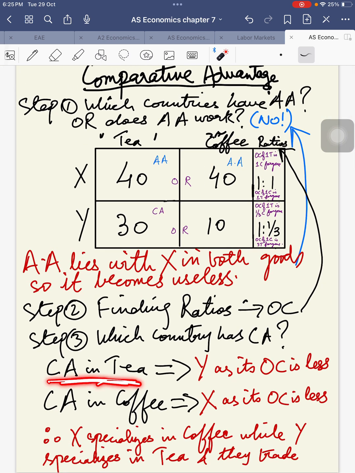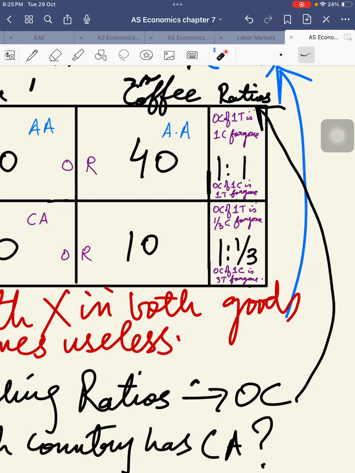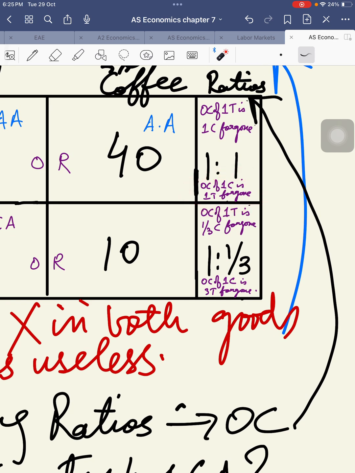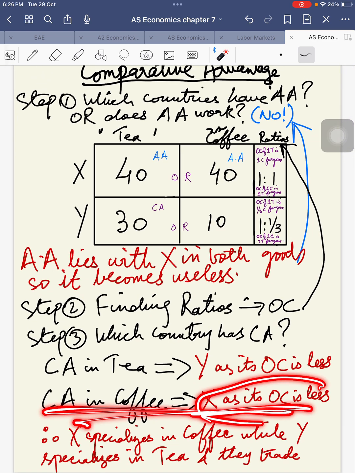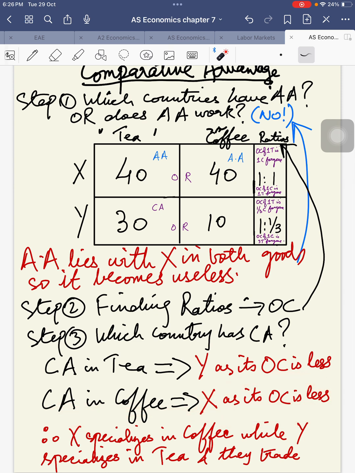So comparative advantage in the production of tea lies with country Y as its opportunity cost is less. What about coffee? We can look at what I've written here. The opportunity cost of one coffee is one tea forgone in country X, but the opportunity cost of one coffee is 3 tea forgone in country Y. So that means country X has a comparative advantage in the production of coffee because its opportunity cost of producing coffee is less. It's only one tea forgone compared to country Y, which has an opportunity cost of 3 tea